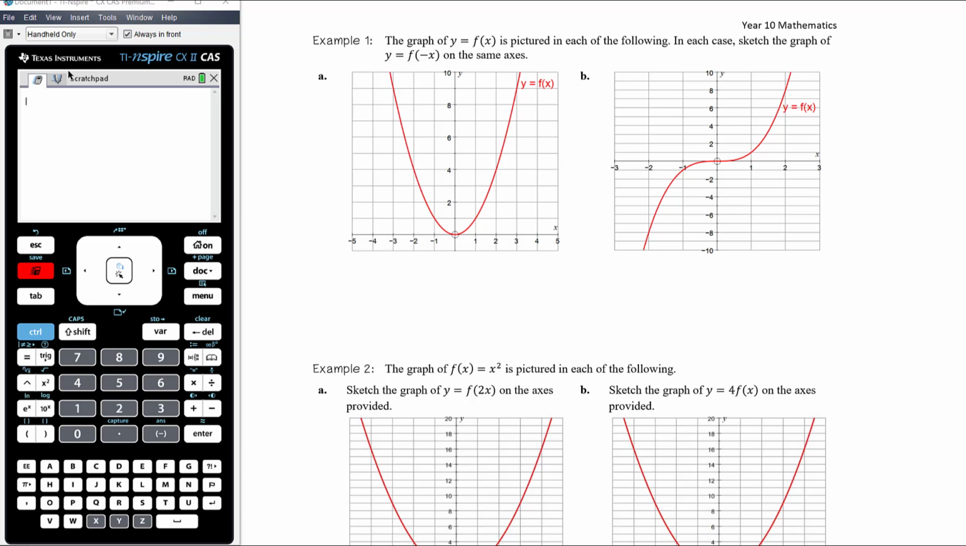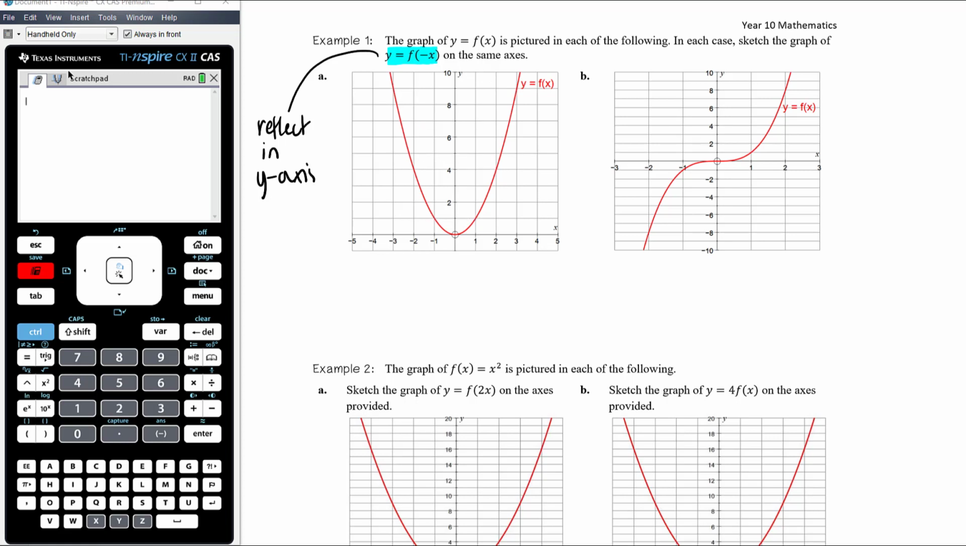In each case, sketch the graph of y equals f of negative x. Okay, so f of negative x means we are going to reflect in the y-axis. So any point, we can pick a point. The point 2, 4, we reflect in the y-axis, it goes to the point negative 2, 4. The point 1, 1, reflected in the y-axis, goes to the point negative 1, 1, and reflecting that, it goes to the point positive 1, 1. And we can see here, because this graph is symmetric about the y-axis, if we reflect it in the y-axis,